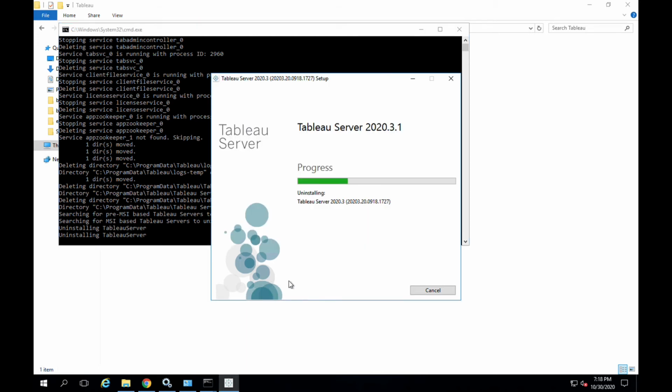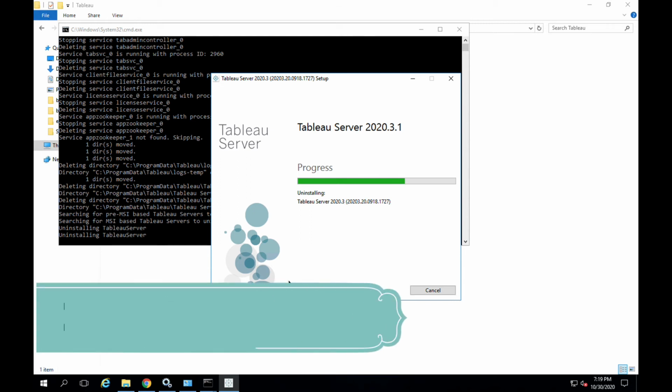That's because, as I said, I have multiple installations as part of my previous upgrades. That doesn't mean that I can run multiple versions of Tableau on the same machine. First I was on .3 and then I upgraded to .3.1, and then I recently installed a beta version, which is .4, for my pre-release testing. That's the reason it removes all of them from the control panel and everything.